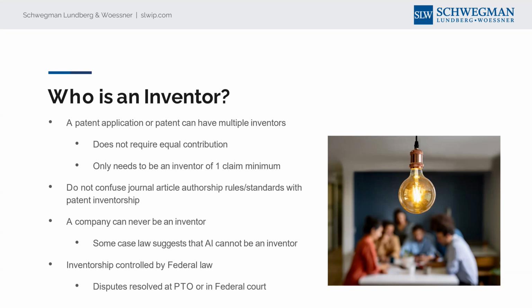This is a big one in the chem bio space too, because so much of chemistry and biochem technology is driven by academic publication in conjunction with patents. The standards for authorship in a scientific article versus inventorship are not the same, right? A journal article is much more inclusive, right? It doesn't matter if the idea originated with you or not. As long as you helped, generally, you're eligible to be listed as an author. Not the same in patents, right?